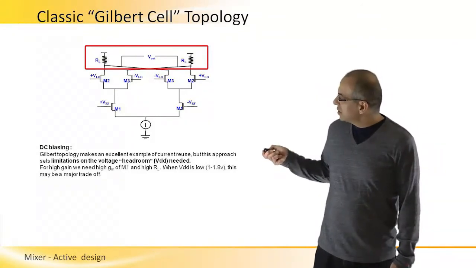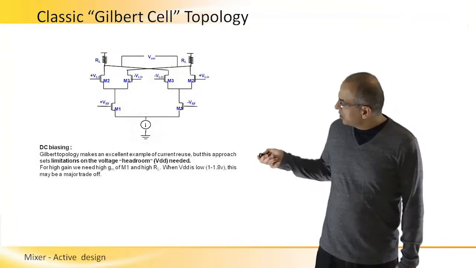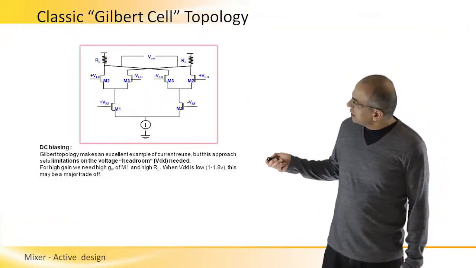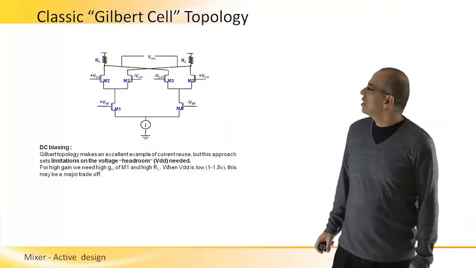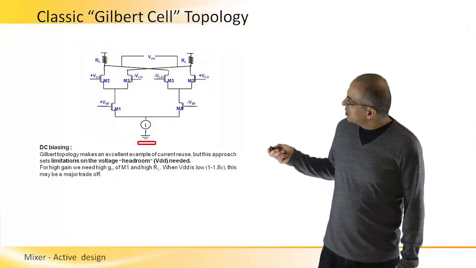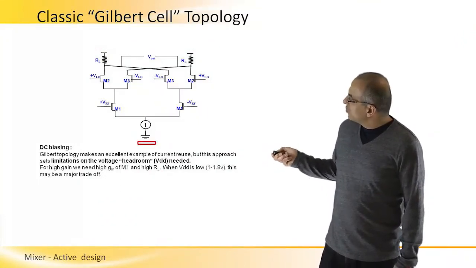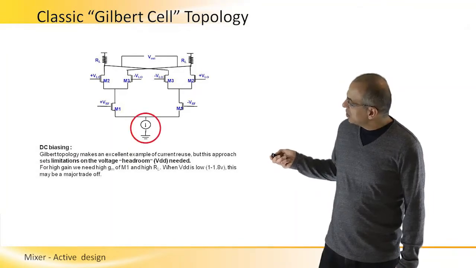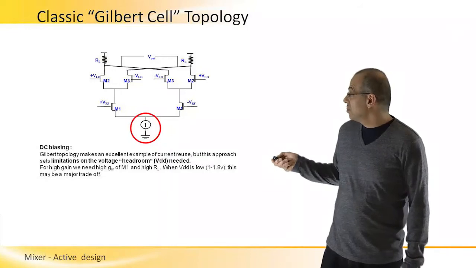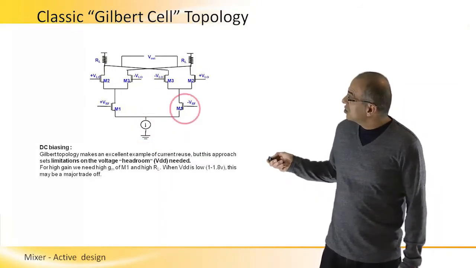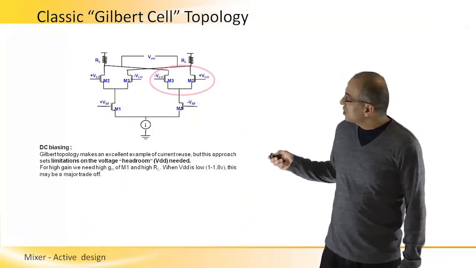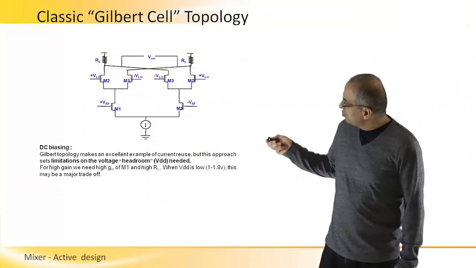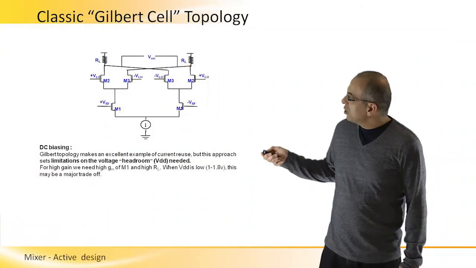So DC biasing is really dominated by this current source. What we can see in this slide, and this is really a Gilbert cell mixer as it can be found in the literature, is that if this is the VDD and this is ground, we have many transistors, like at least three. We have a common source, a current source here, which is usually one transistor but sometimes even more, and the transconductance amplifier transistors, and then the modulator transistors and the load, which may be resistive. But what we see is that we need to bias at least 1, 2, 3 transistors,